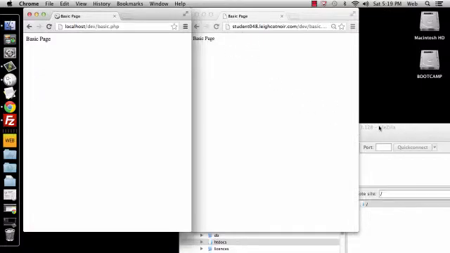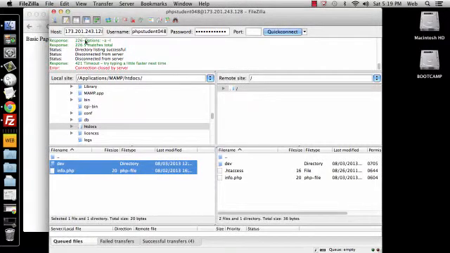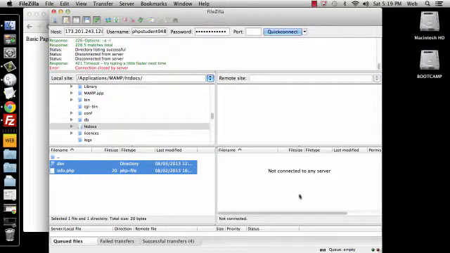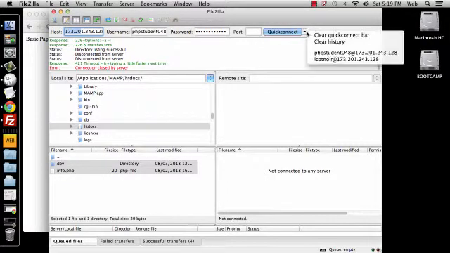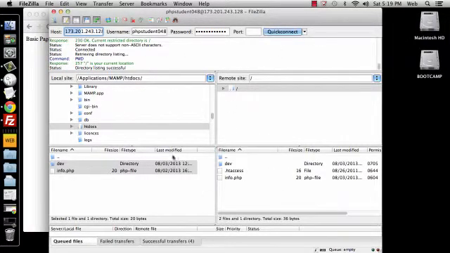Okay, so when you're done with your connection, you can go ahead and click this little red X, disconnect from the server, and in the future, one of the things that's kind of nice with Filezilla, especially so you don't have to remember this 173 number, is that you can use this little quick connect drop down and you can choose a connection, and if we want to connect again, it'll connect right up for me. Okay, and it usually will ask you if you want to save the password. I had already connected, and so that's why it didn't,